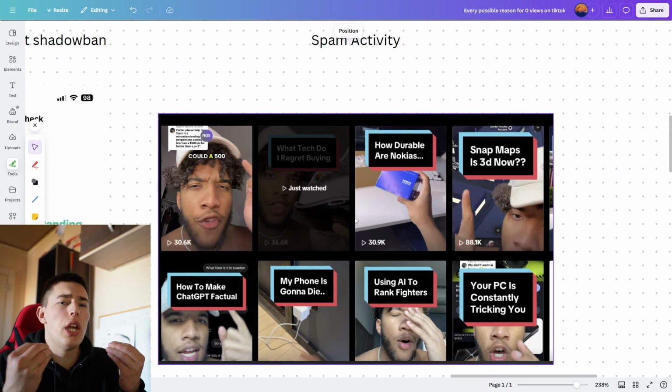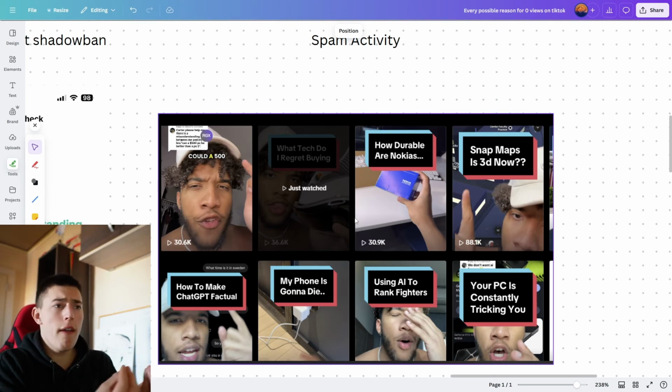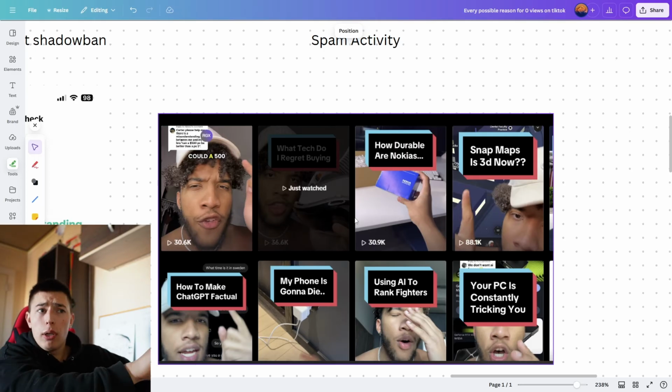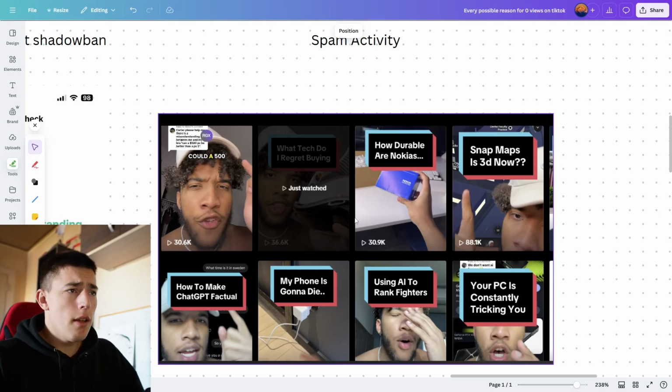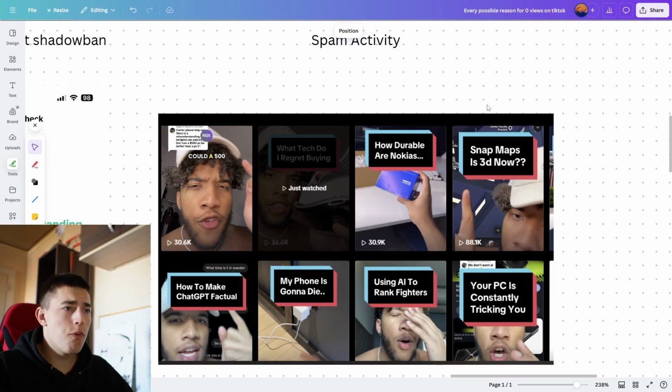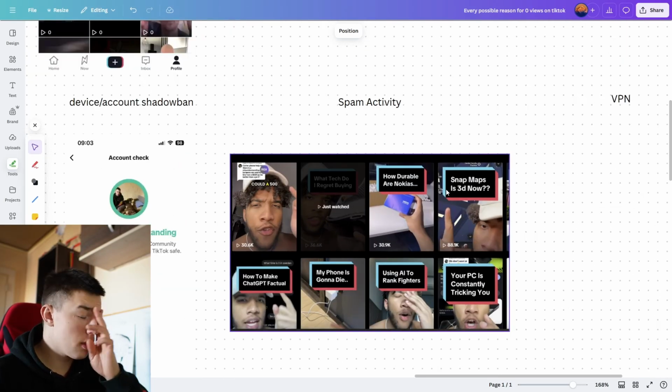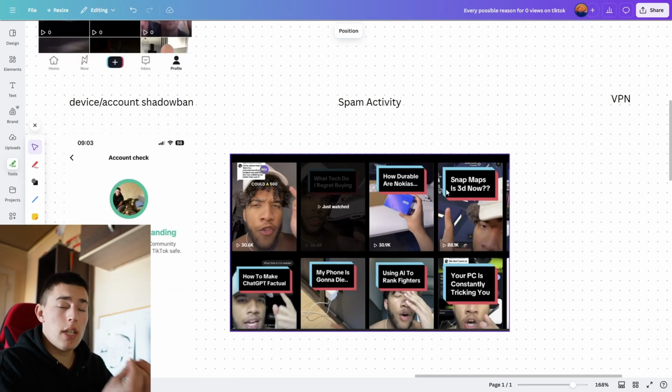You don't have your reputation built up. TikTok doesn't know you. All they think is, okay, he's just pushing content. He came to the platform. He's not watching content. He's just posting. Of course, they're gonna flag you. TikTok doesn't flag people who are huge because they have their reputation built up. TikTok knows it's quality, good content, right? So, of course, don't come into TikTok and start spamming unless you have an established account.